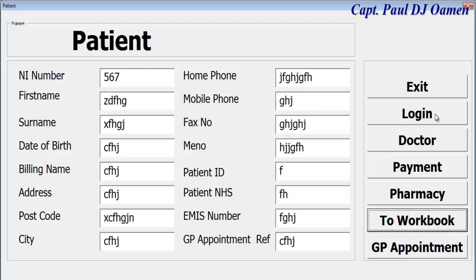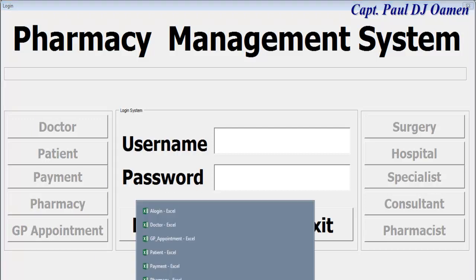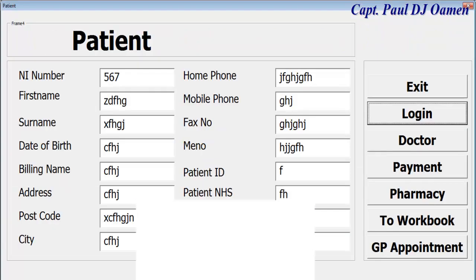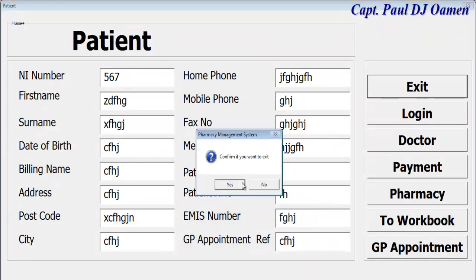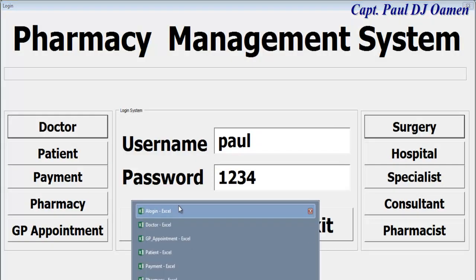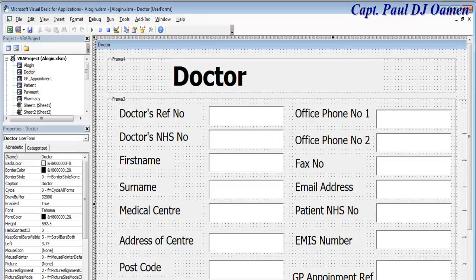So let's go straight back to the login system. If we go straight to the login system, the system will officially log you off, which means you have to log on again. But let's have a look at our workbook. Okay, so we must log off first to gain access straight onto our workbook. Click on that. Oh, we need to log off here as well. Click on that,